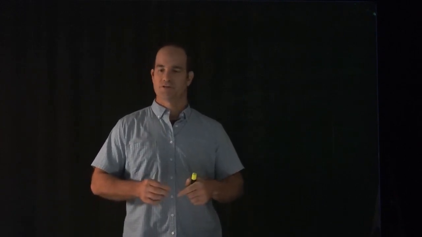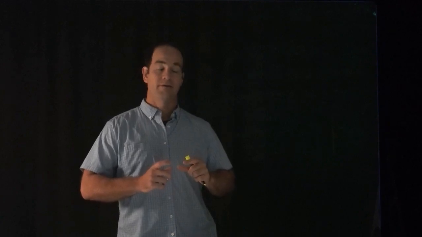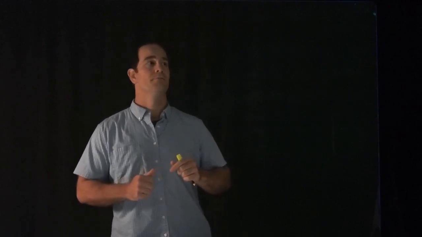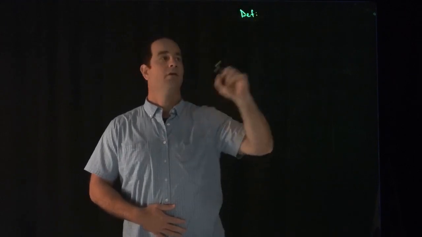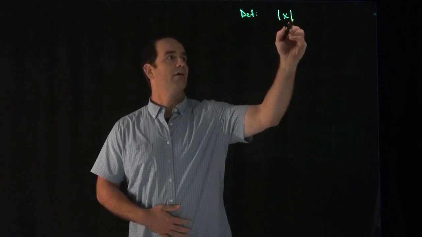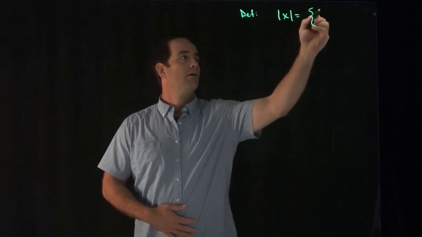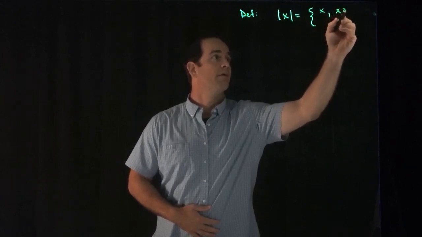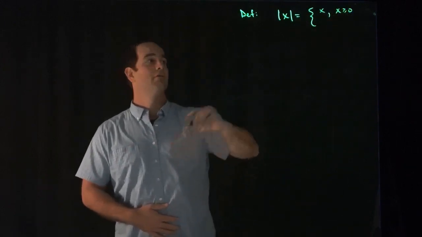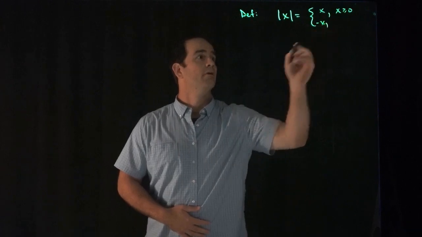Let's begin by reviewing absolute value, just the definition, and see how we can then use it to simplify expressions if we know certain pieces of information about the values of x. So let's see here. Thinking back to maybe something you've seen in the past, absolute value is defined to be the value of x when you're given something that is non-negative,